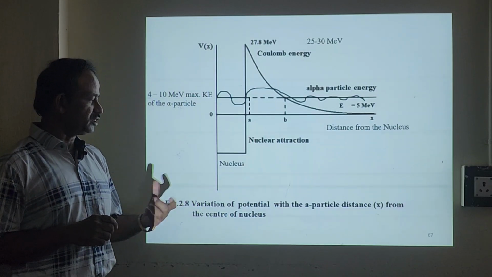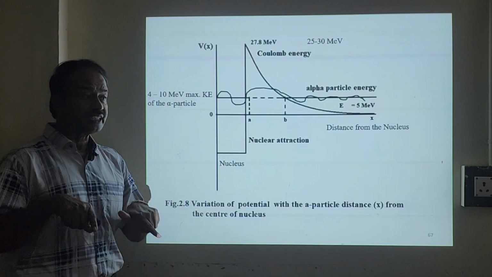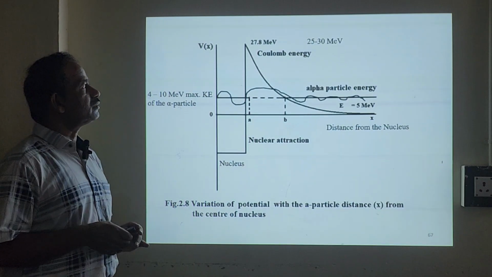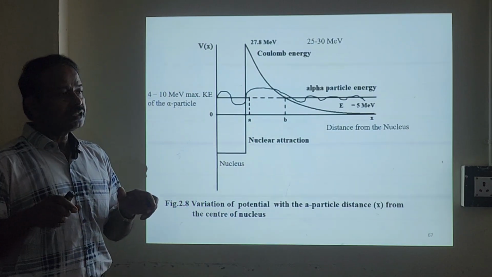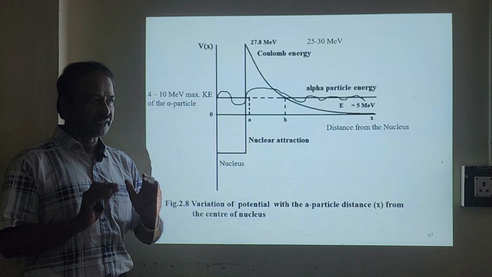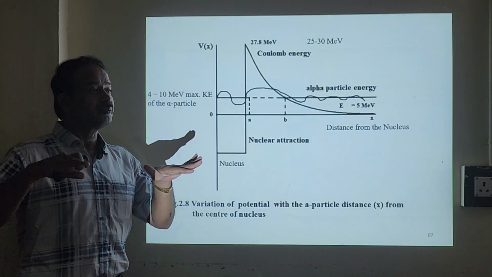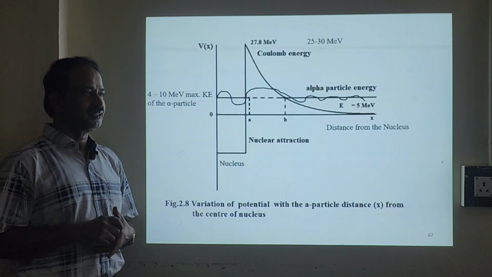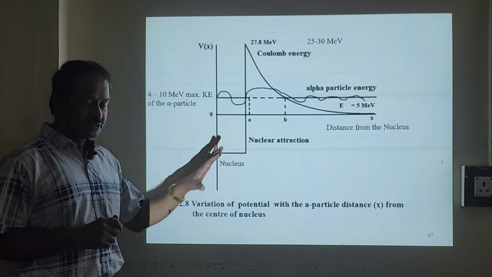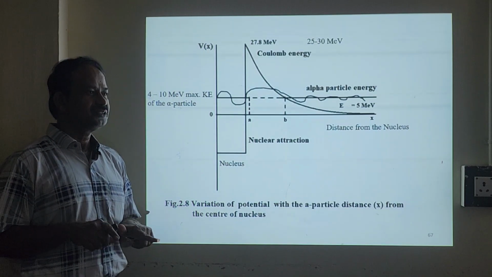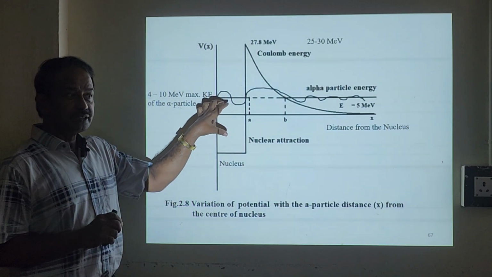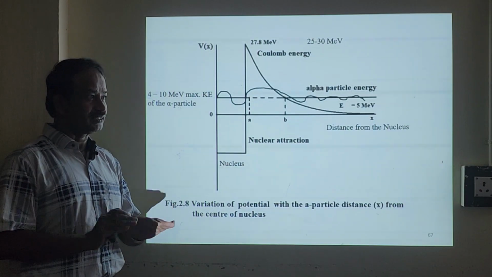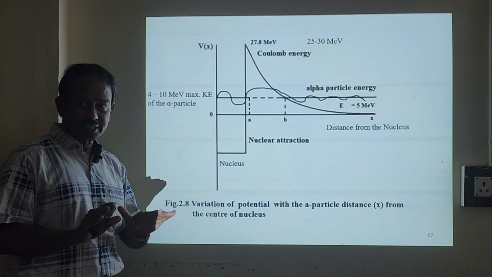It is nothing but the nucleus potential graph, the variation of nucleus potential with the alpha particle's distance from the center. Now we know that nucleons are confined in a particular region, and of course it's a periodic potential. Now we are going to approximate this periodic potential as a square potential well. So it's nothing but a nucleus. This is just an approximation where nucleons are held inside the potential, where nuclear force exists, and Coulombic force also exists.